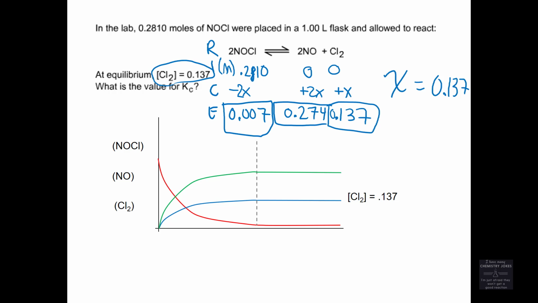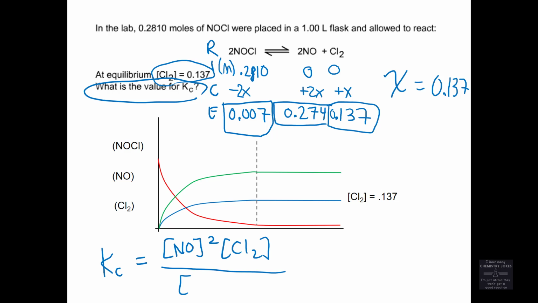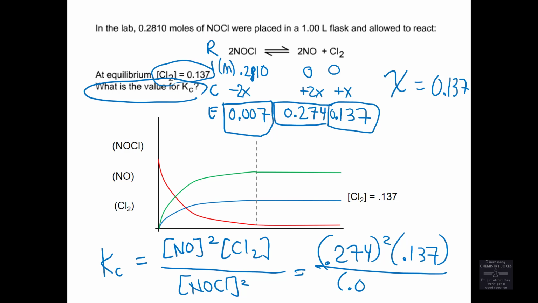Oh, I got a little distracted and almost left off this video without even answering the question. What's the value for Kc? That's what they were actually asking us. So I'm going to write a Kc expression because that gets me points if I can't do anything else. NO squared times Cl2 divided by NaCl squared. So then I just fill in my concentrations: 0.274 squared times 0.137 divided by 0.007 squared. Do the little math and you get